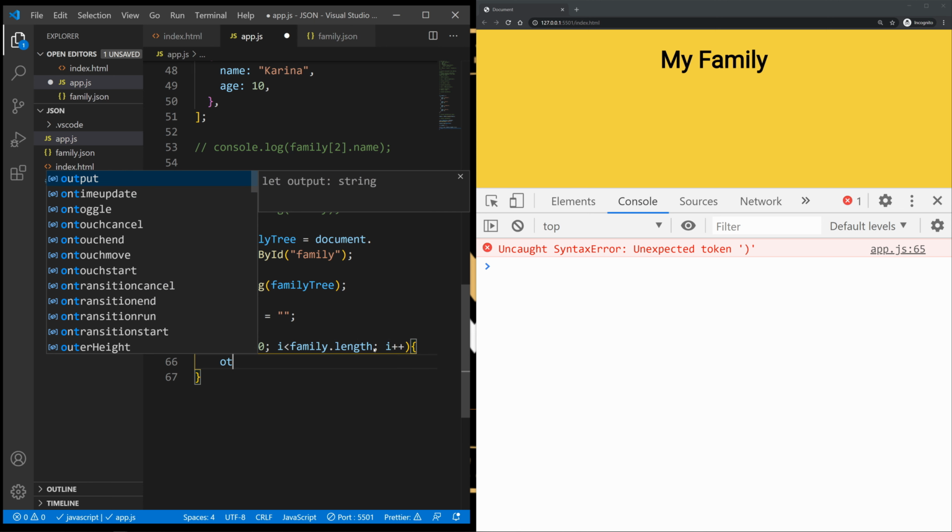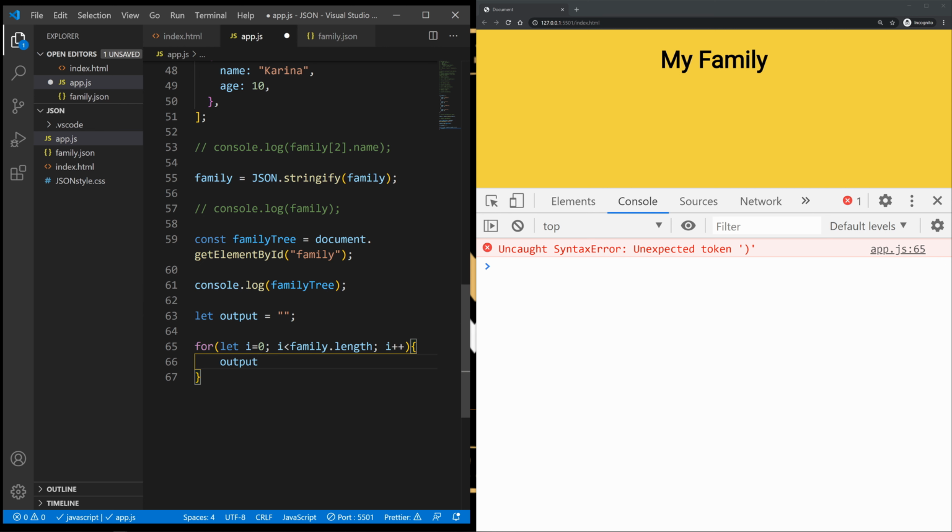Now we're going to grab onto the output and we're going to assign each one, so plus and equal. Now let me use a template string. I'm going to create a li and within here we're going to use our family.